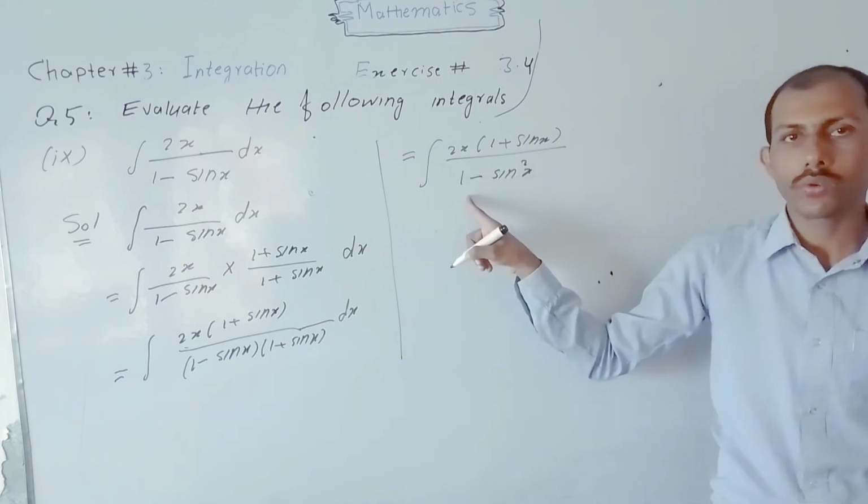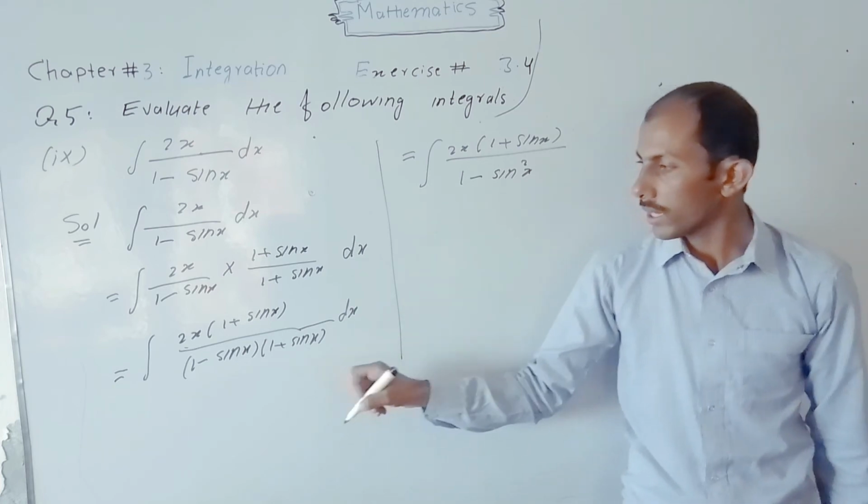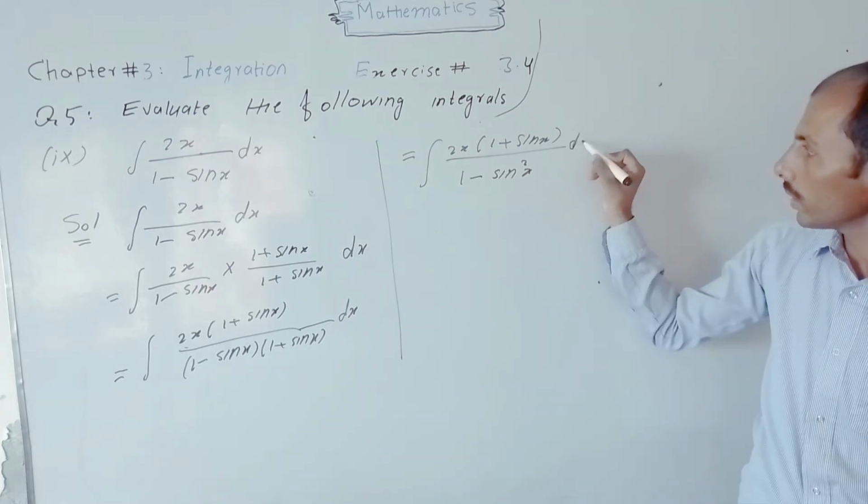So 1 square is equal to 1 minus sine square x into dx,